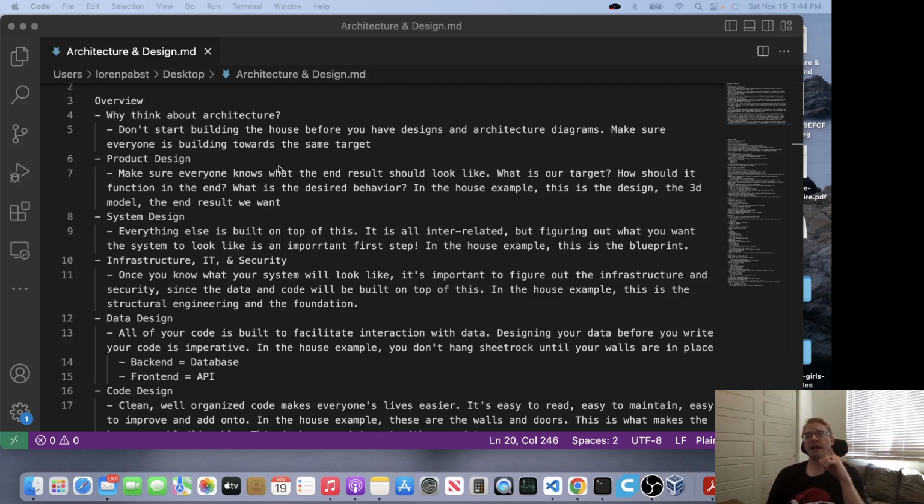But before you start writing actual code, it's important to think about your data design. Really, at the end of the day, the purpose of all of our code is to interact with data. Data is what people use your software for. And